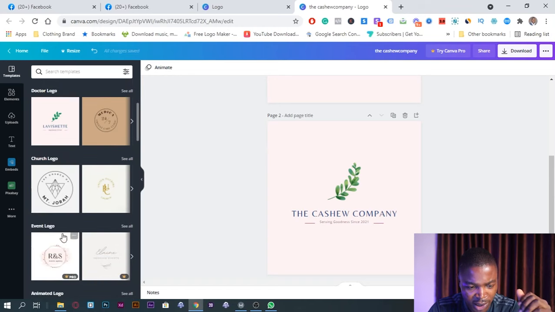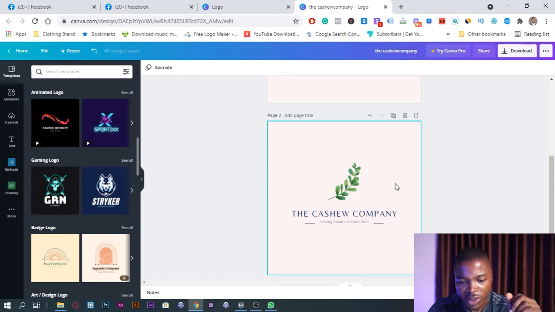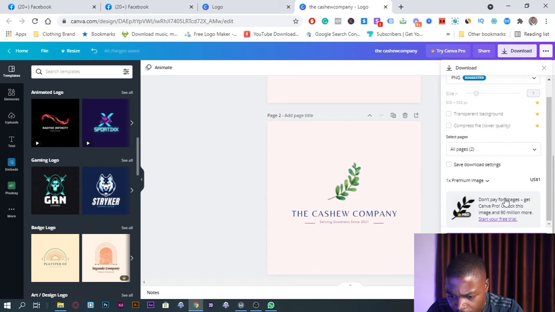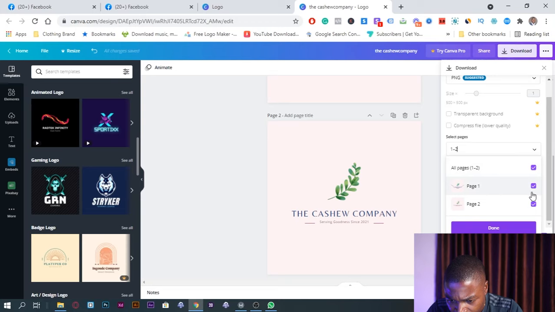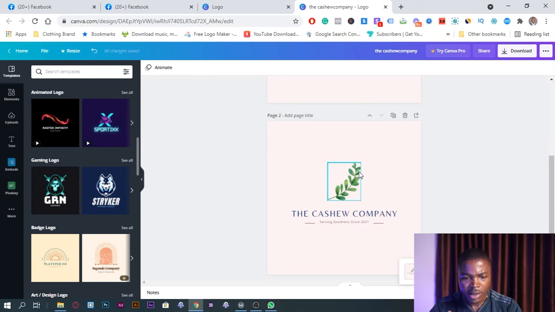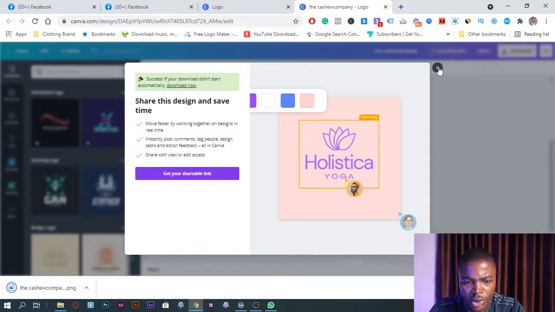So like I said, there's templates. You just find the template that you like, use it, and then come up with your design. So this is what I've come up with, and I'm going to download my image to my system. So I'm going to download my logo to my system, and then I'm going to upload that image into